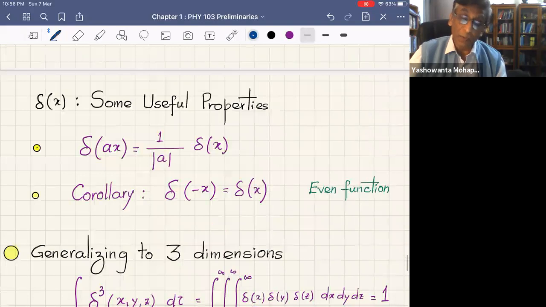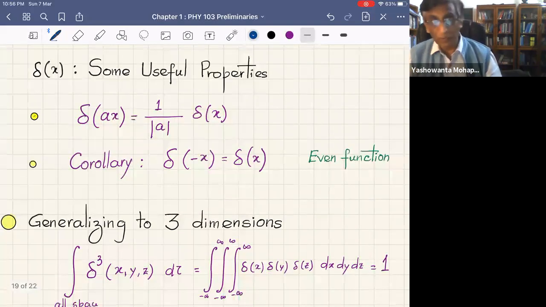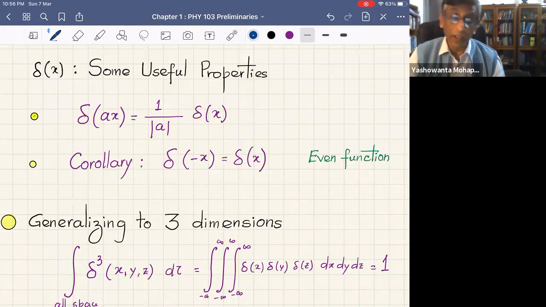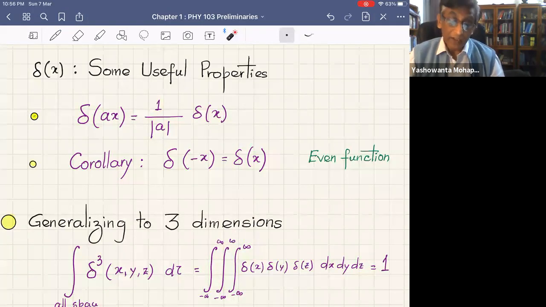So there are many different ways of representing it, but most important to us in this course are some very useful properties. One of the useful properties, which I'll give in the tutorial, is that if this is multiplied by a constant a, which could be positive or negative,